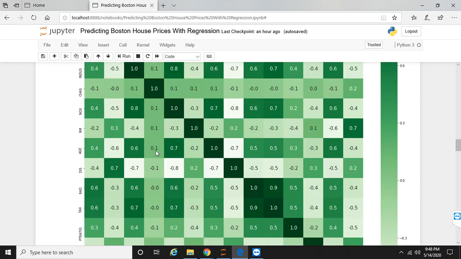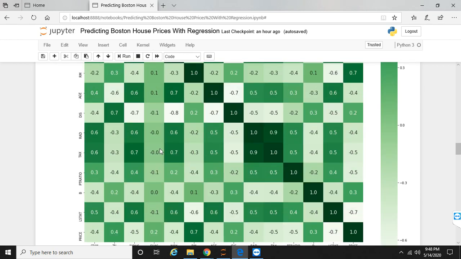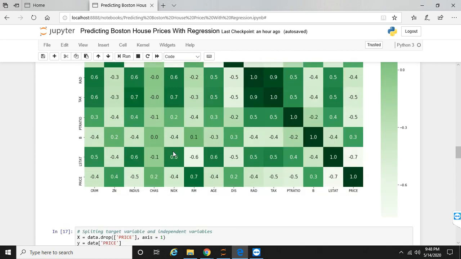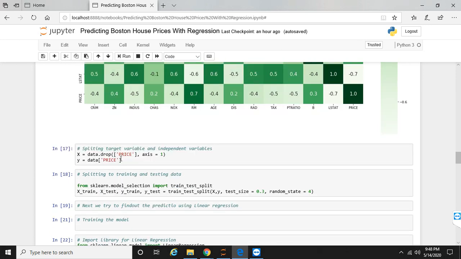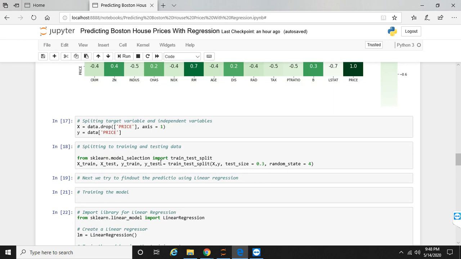The heat map feature dimension matrix plot is depicted over here, and then splitting the target variable and independent variables into X and Y and splitting into the training and testing data sets. Next, we'll try to find the prediction using linear regression.